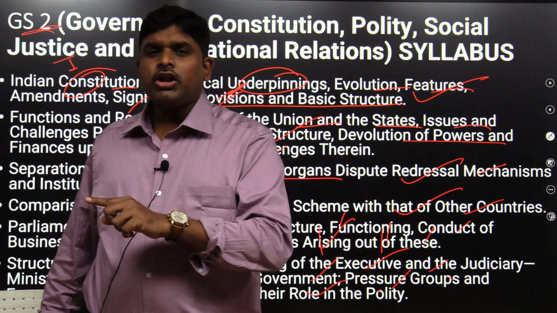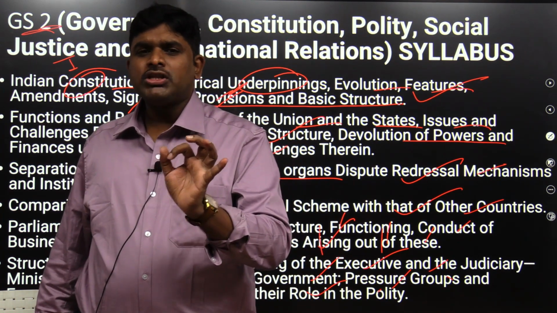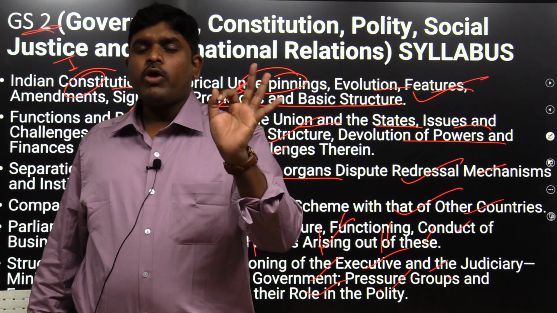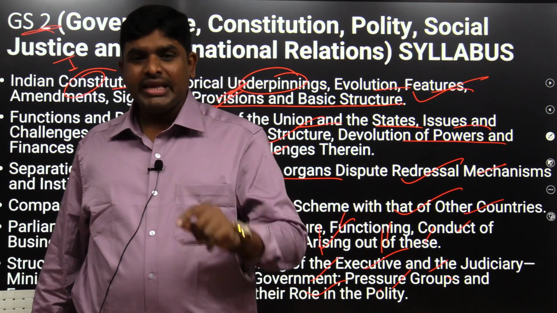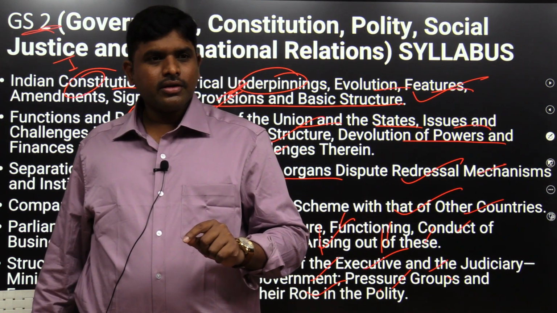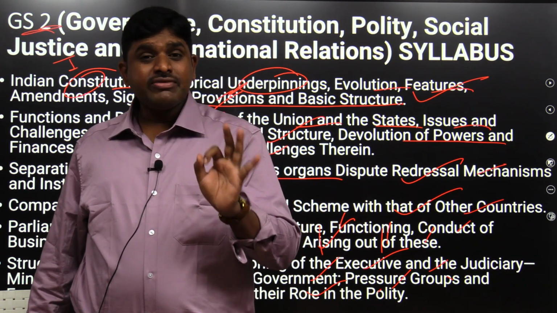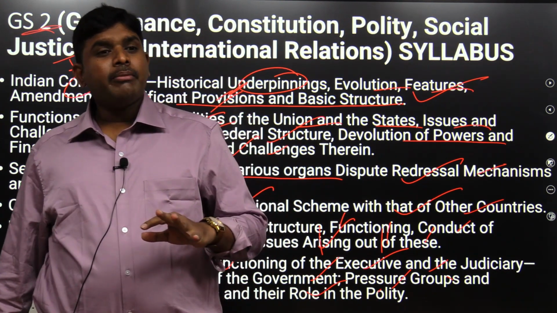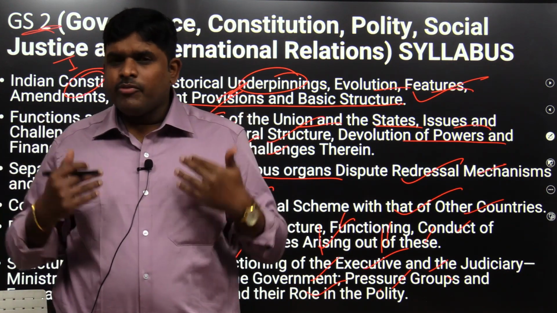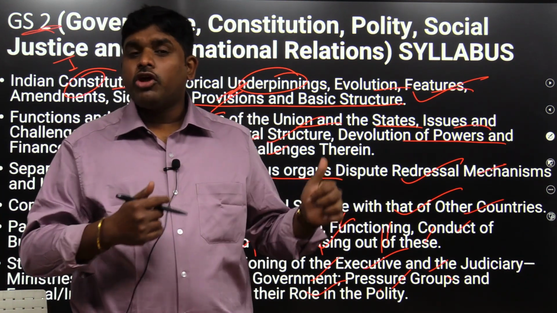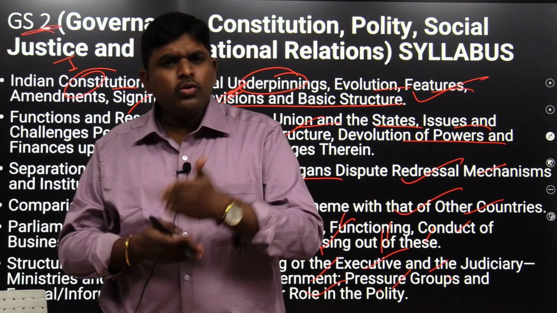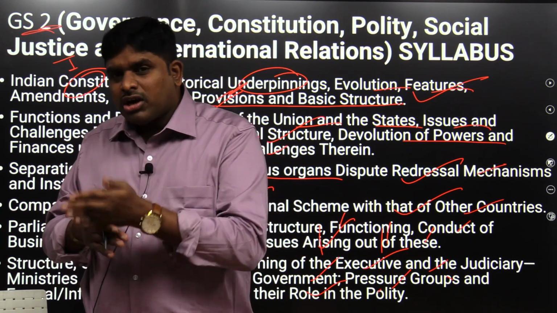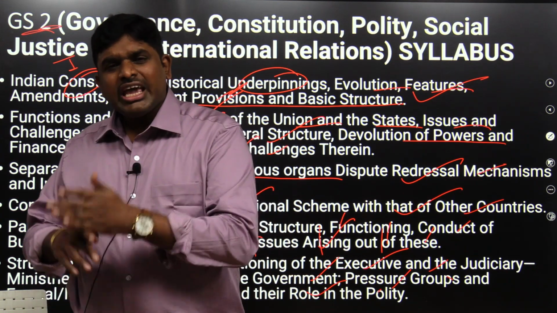Because of which the Comptroller and Auditor General of India gave a report that the Indian exchequer has lost 1.76 lakh crores of money. 1.76 lakh means 1,76,000 crores of income we lost, because of one of the lobbyists called Niira Radia. Who are these lobbyists? Who are these pressure groups? What is the role of pressure groups? What can they do?